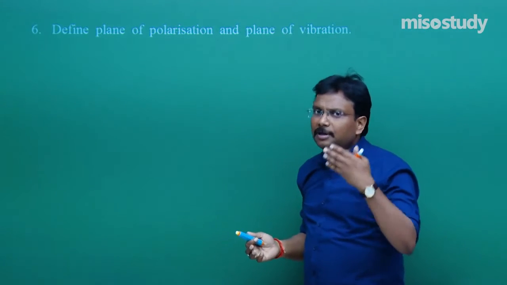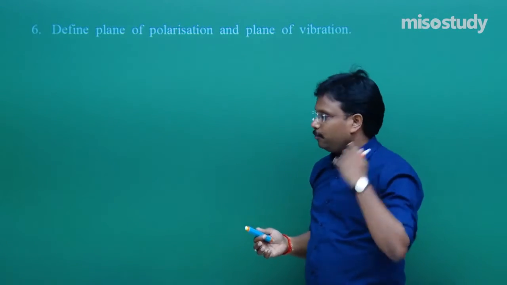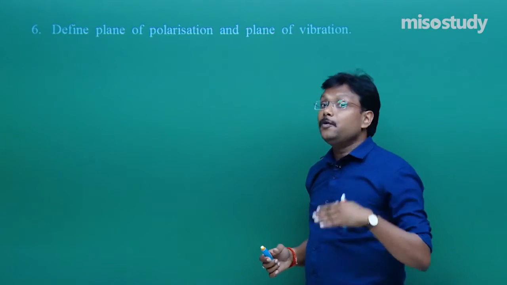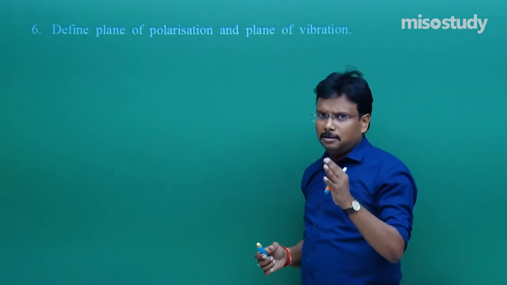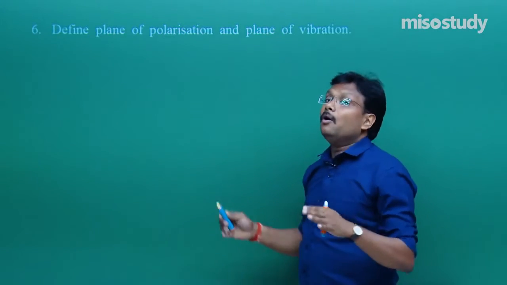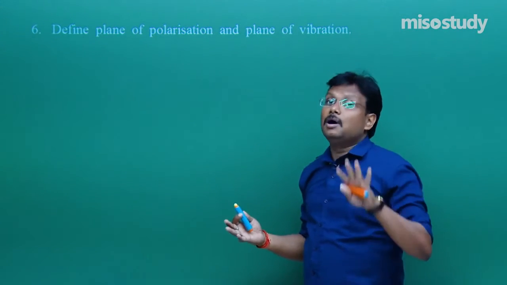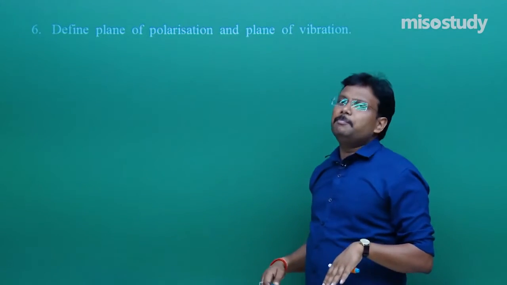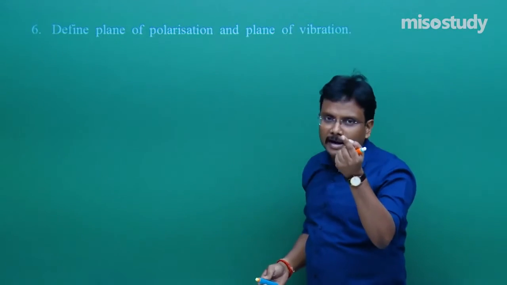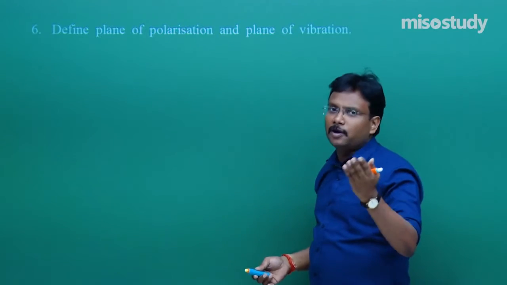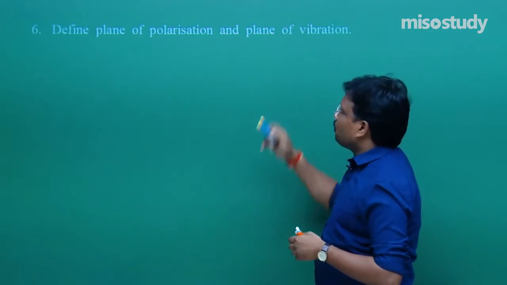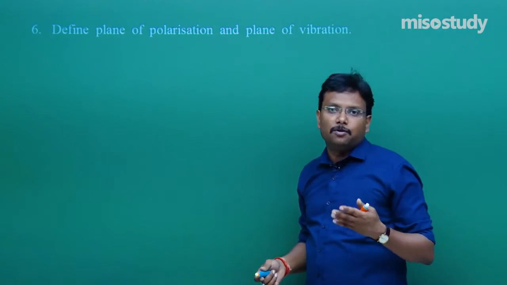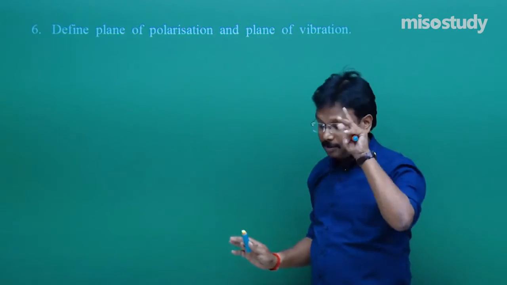I am telling you something different that you can do. Fine, you can write down, no problem. But if you supplement those few lines with a few diagrams also, out of 3 you will get 3 marks. So, writing is not difficult. Plane of polarization, just a 1 line definition, I already explained in one of my videos. Plane of vibration, already explained. So, if you are regularly watching our videos, you will say, okay, these are simple things.